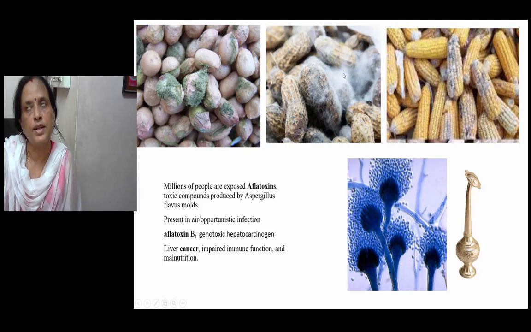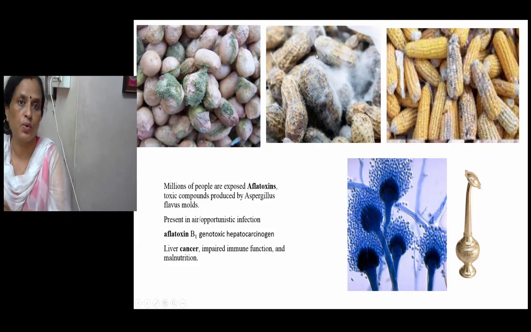Now, let's move on to the next one. What can you see here? The pictures are so clear. Groundnut. Yes, again, whole groundnut with the shell. Then maize. Do they look healthy? They look diseased. That means there's fungus that has grown on them. So these are molds that grow on cereals, nuts and all that. This all depends on the way they are stored.